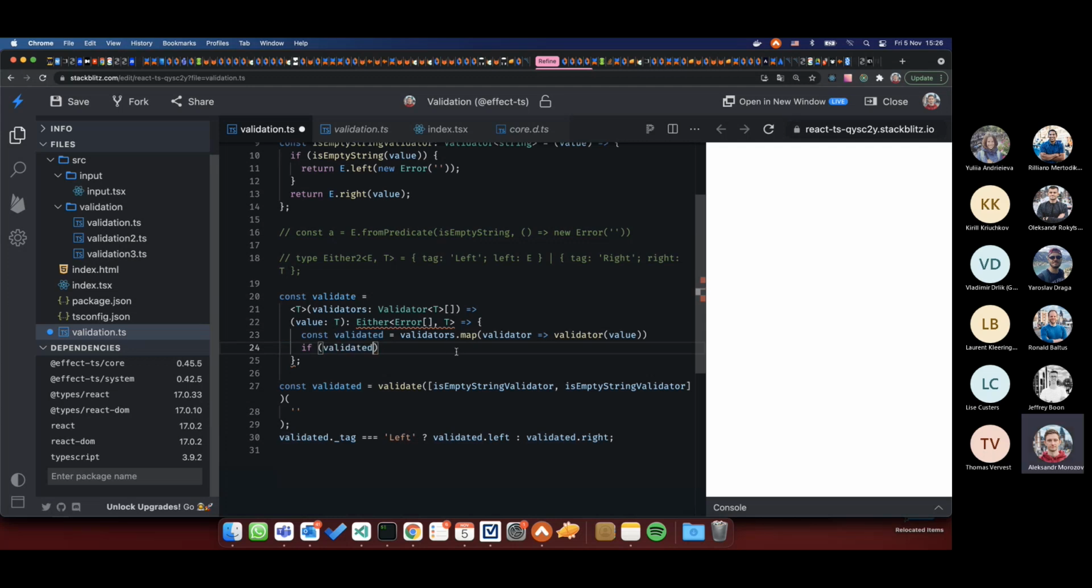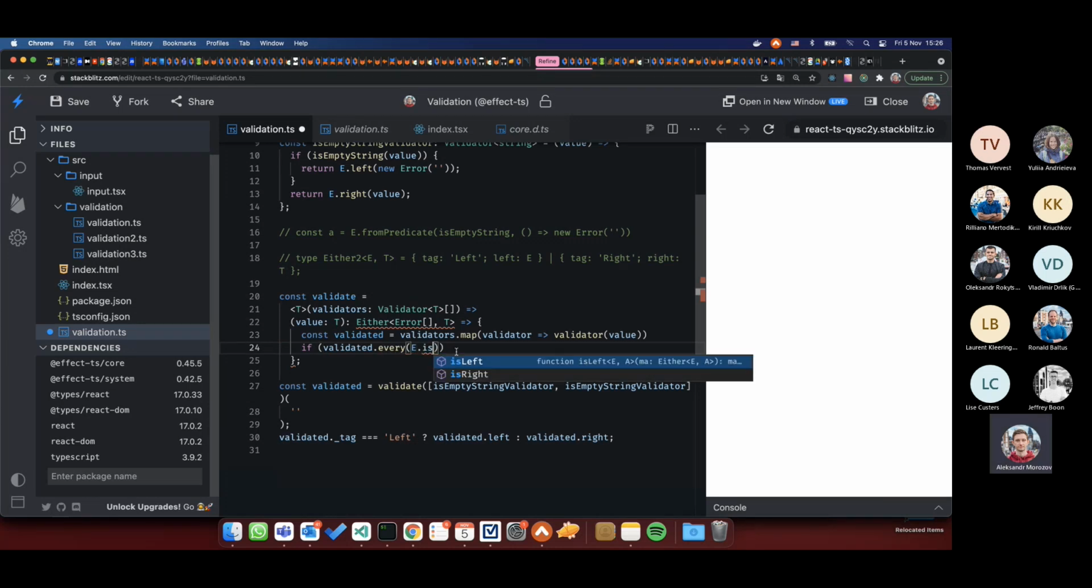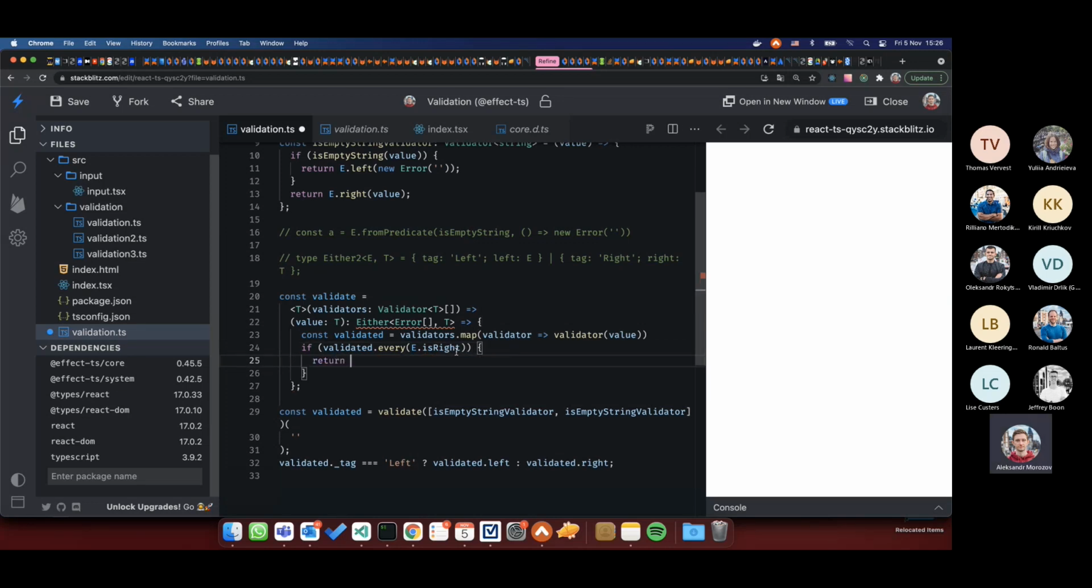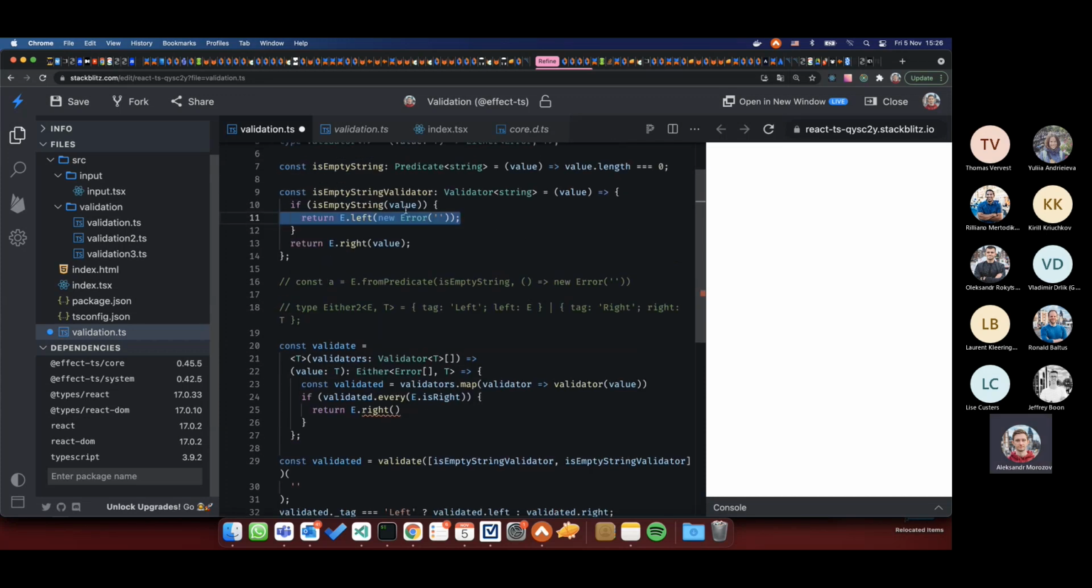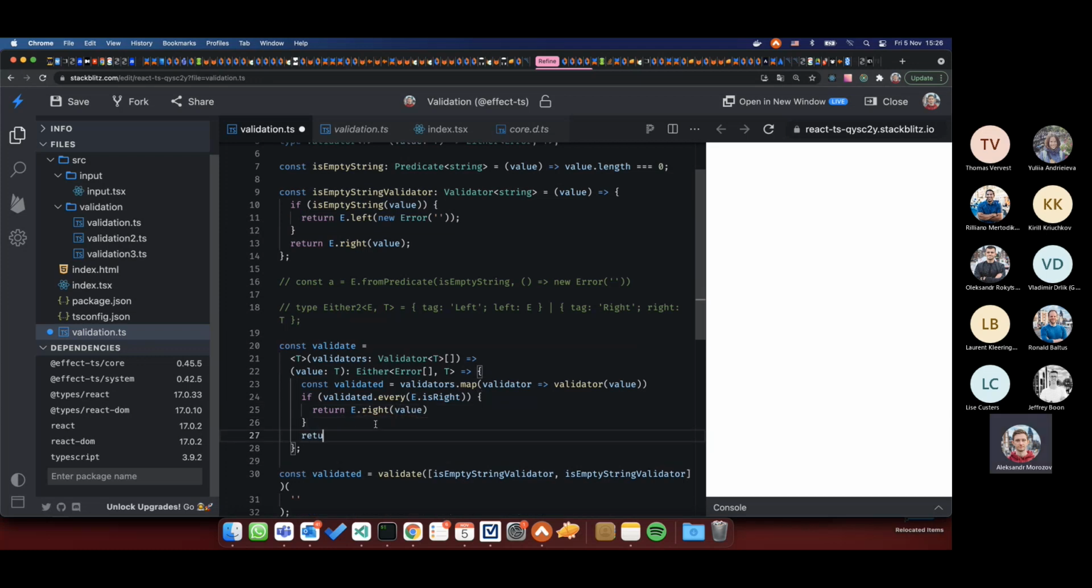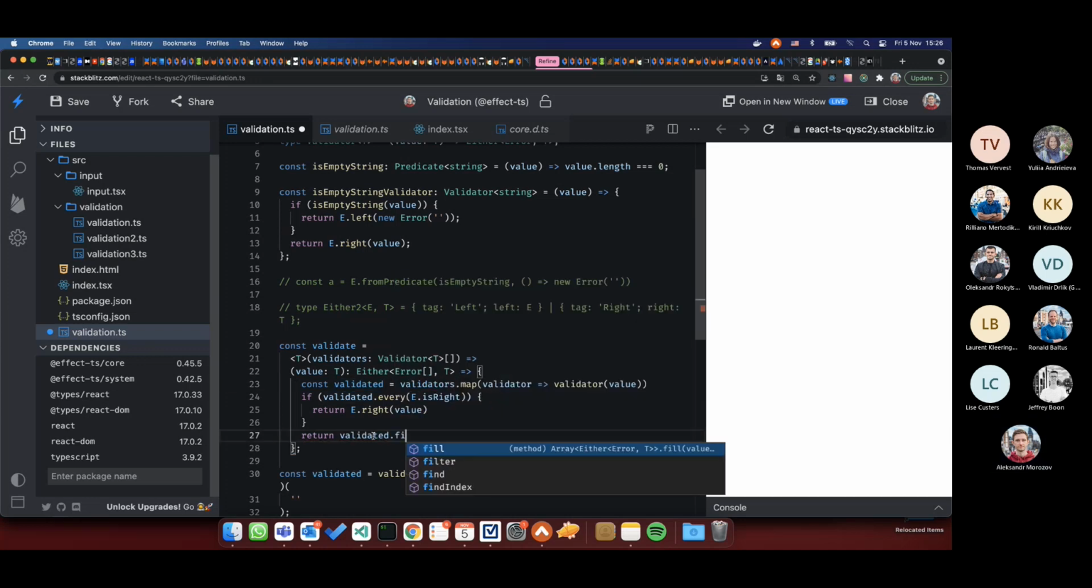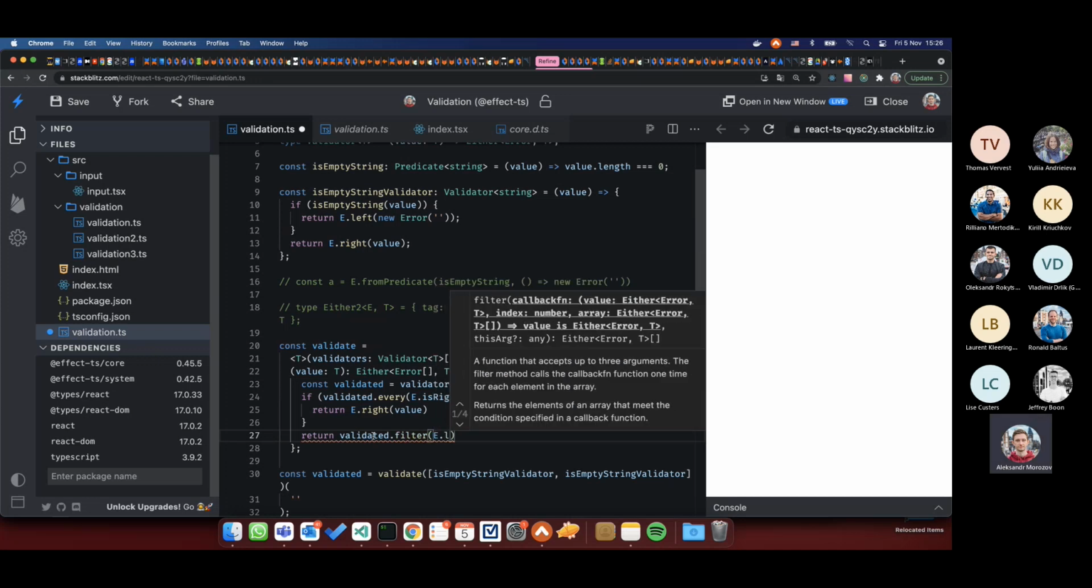Let's check if every item is right. It means there are no errors at all. We can just return a value that is wrapped in the right constructor. So we are basically doing this, but for array values, not for only one. Boom. Otherwise, we want to filter errors,